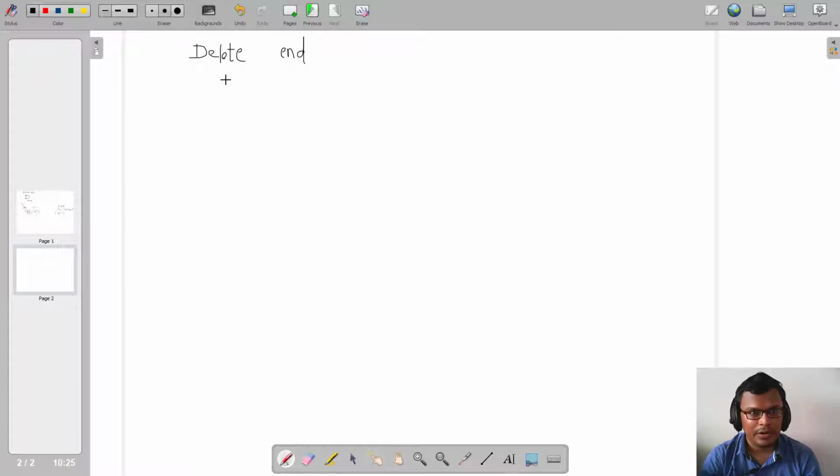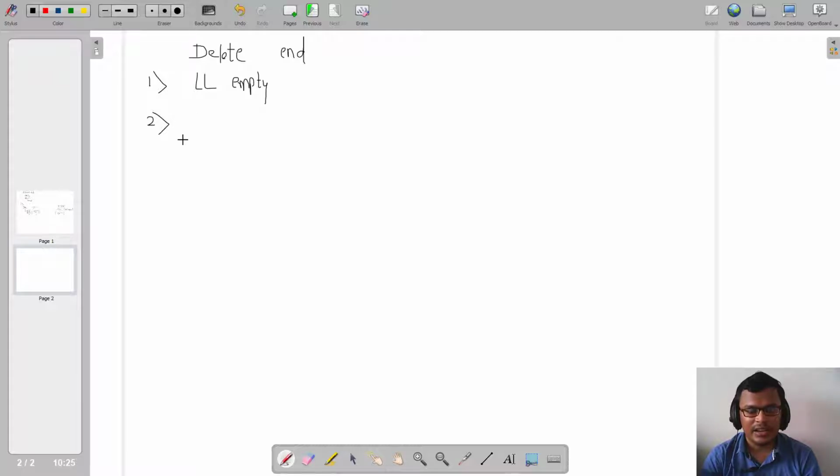So again, if we are doing delete at end, our first situation is that our linked list is empty. And if our linked list is empty, we know that there is no node in my linked list to delete. So similarly, as we did in delete at start, we are going to just do a printf message telling that delete cannot be performed, linked list is empty. Okay. So let us not go much into that detail.